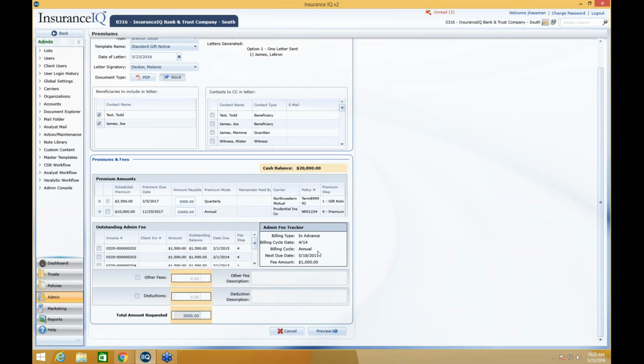The next box is the most important box, and this is the premium and fees table or grid. This is where you select what is going to be included in this gift notice. Down below premium amounts, you'll see that we have one policy that is grayed out and automatically checked right here